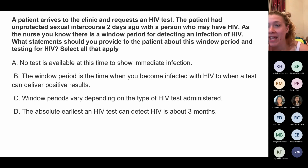So this one is A, B, C, and D. Remember in that initial post-exposure infection, you're not going to be able to quite see that. And these window periods are different. So in a nutshell, when testing someone for HIV, we really don't have